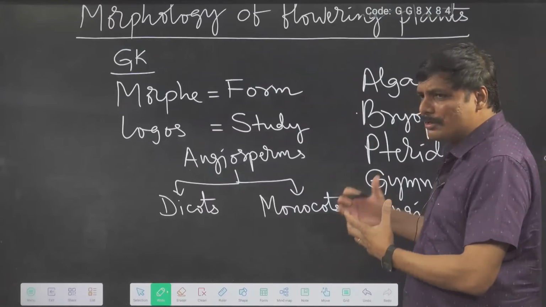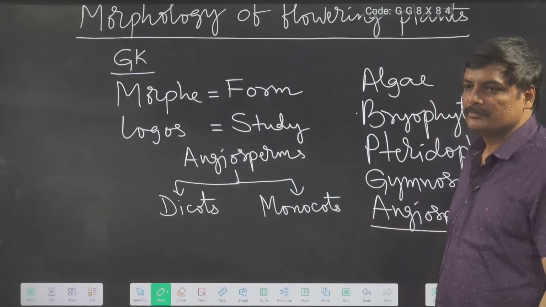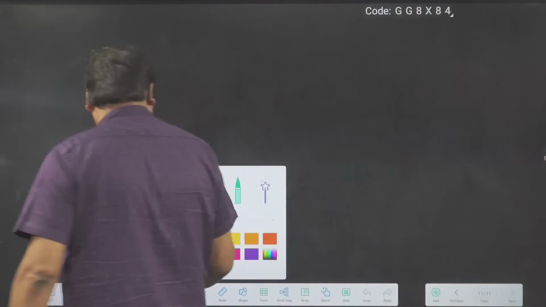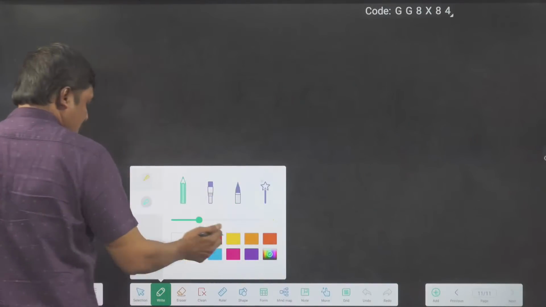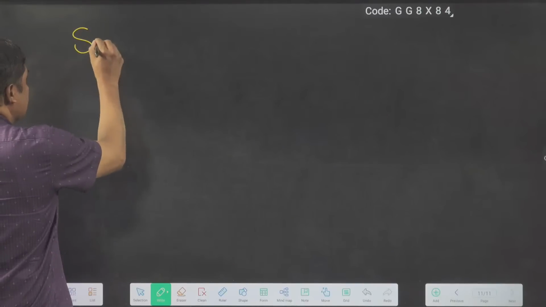They show great diversity in different aspects. For example, see here, if you take the size,